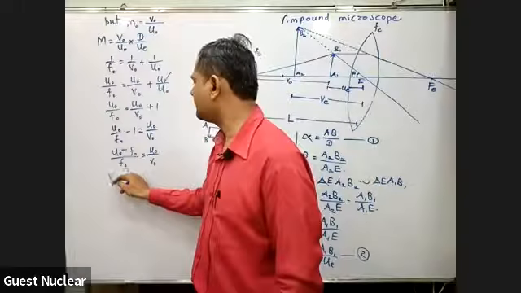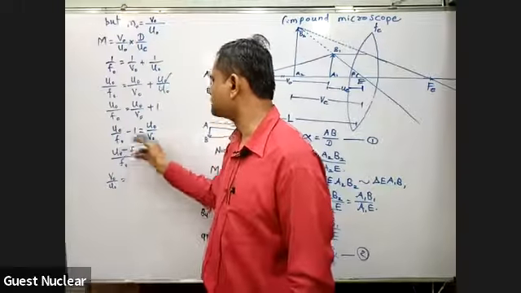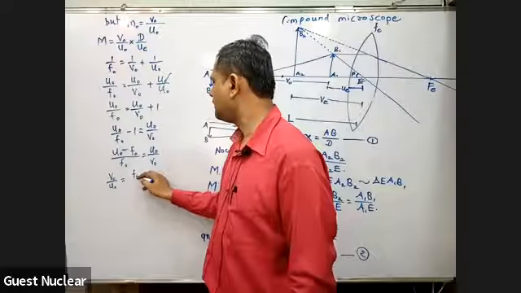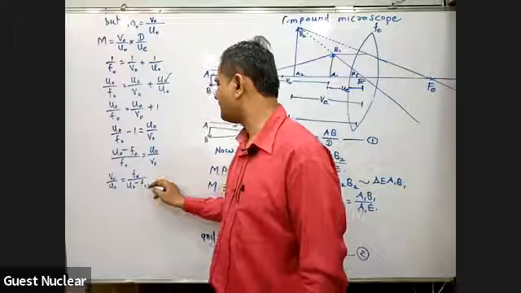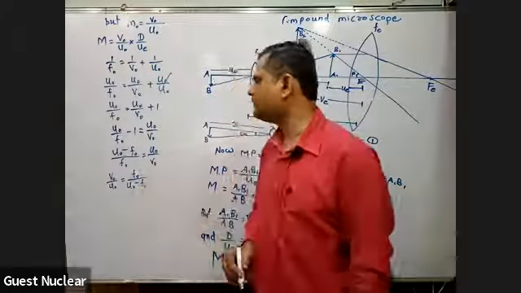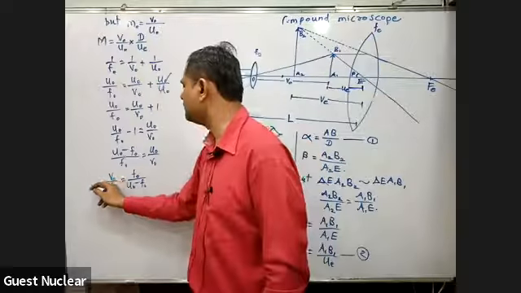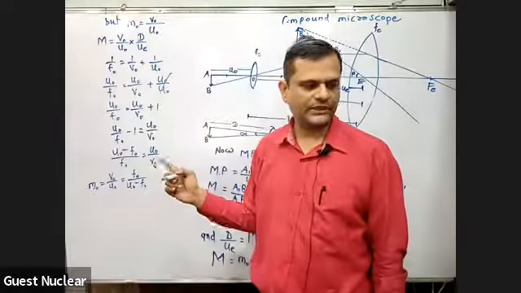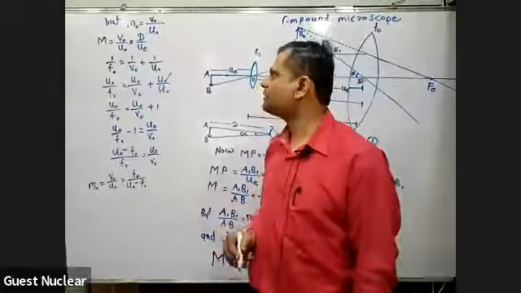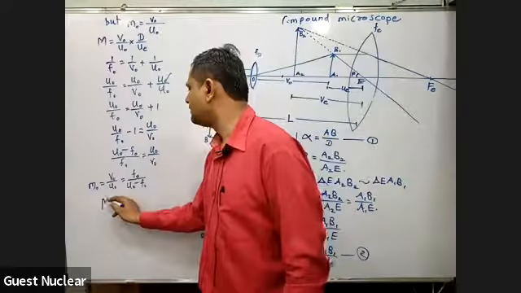So we can get that vo upon uo is going to be equal to इसका उल्टा, जो कि fo upon uo minus fo बनता है। And this value of vo upon uo can be put here because it is going to be actually the magnification produced by the objective in this case here. Okay, so magnification of the objective can be replaced here,